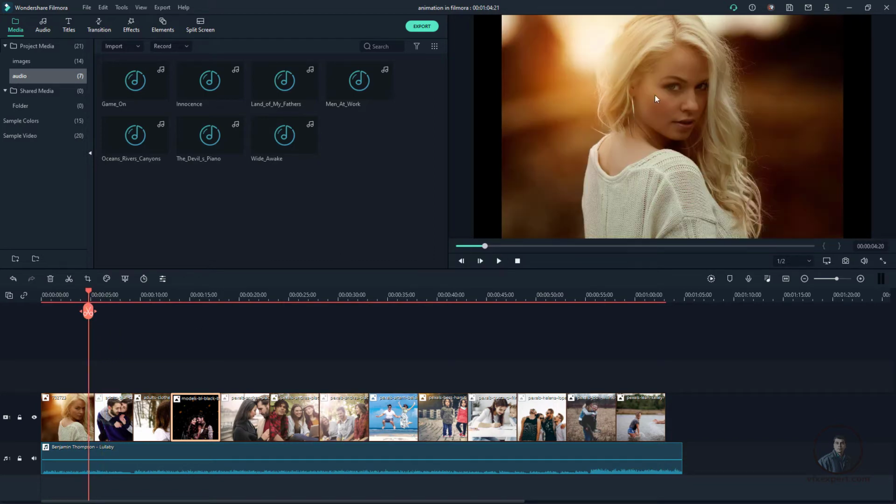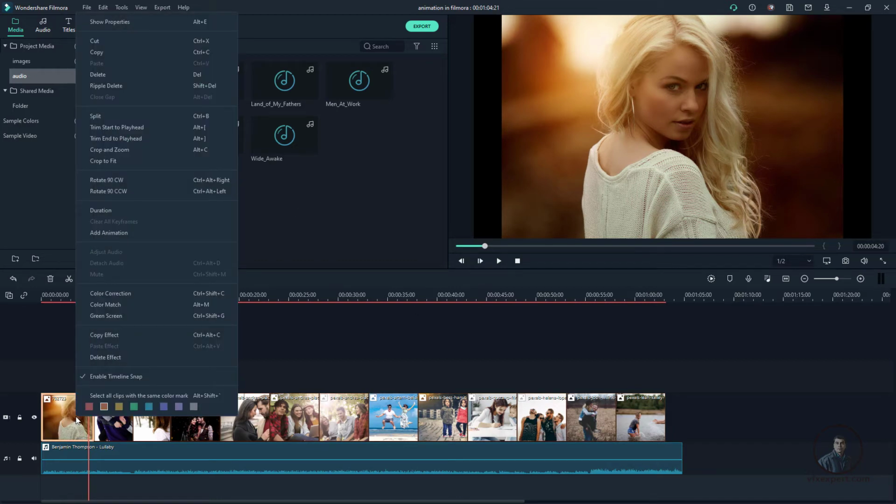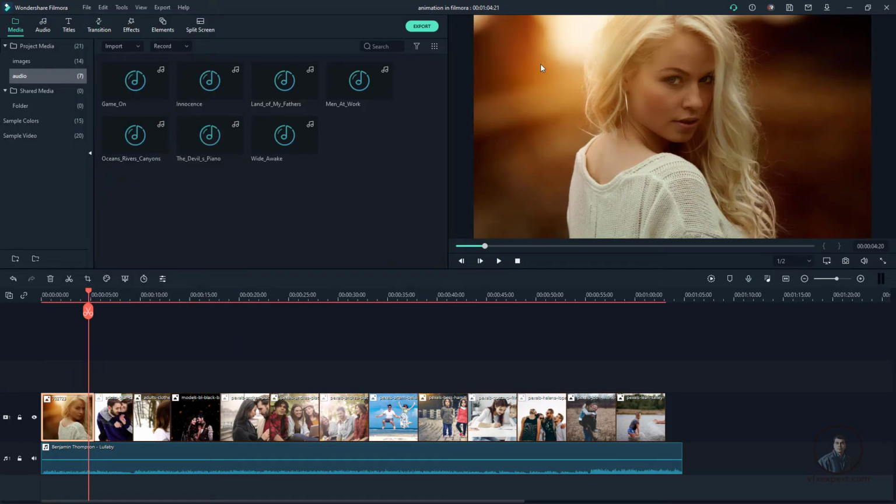Now here, if you look in our viewer, it's showing a little black here because this picture has a different aspect ratio and our frame size has a different aspect ratio. Our frame size has a 16:9 aspect ratio. If you want, you can adjust this picture according to this frame. It's not looking good here, so I am going to fit this picture to our frame. For this, first option, right click on the picture, then click on crop to fit. As you click on crop to fit, it will fit your pictures according to the minimum value, okay, and the maximum value will be cropped.